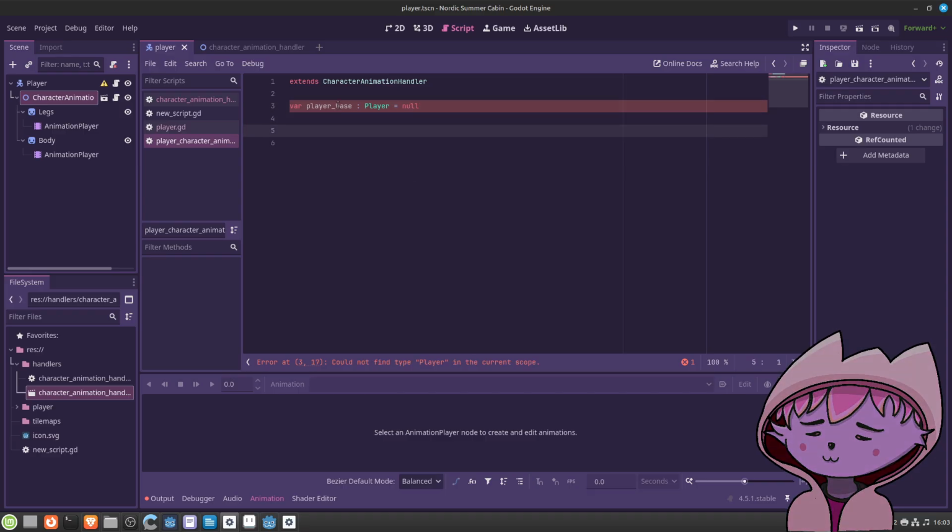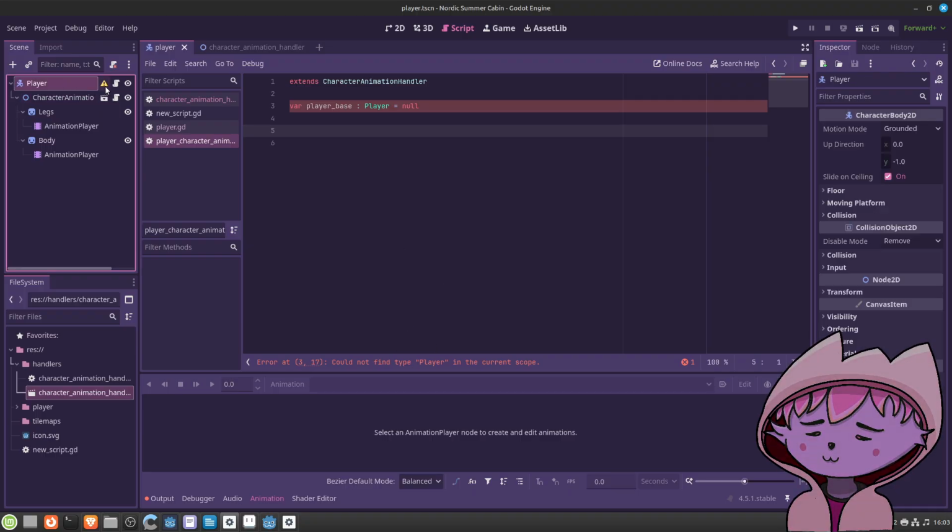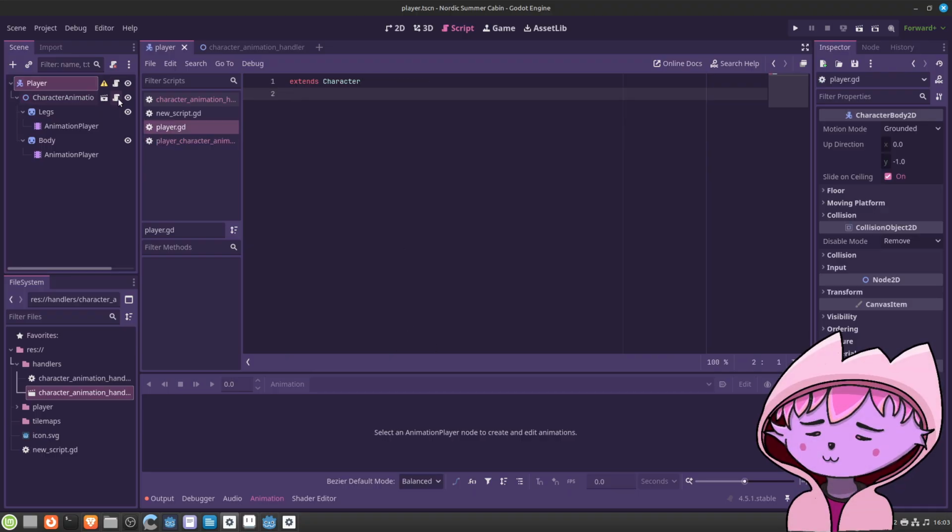We could get information from the player. Could not find type of player in the current scope. Oh, character. I forgot to class name player.